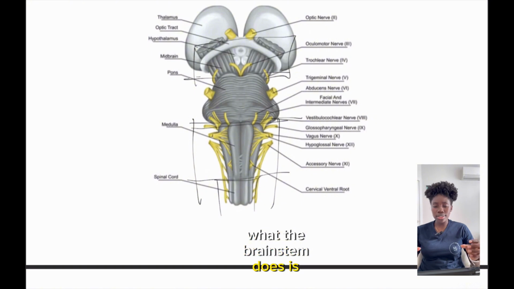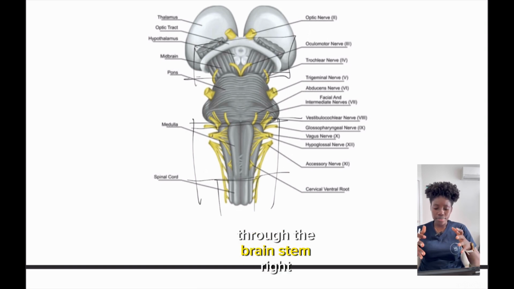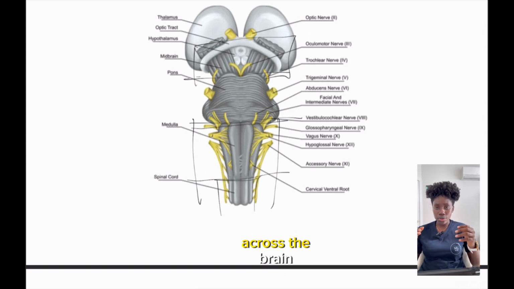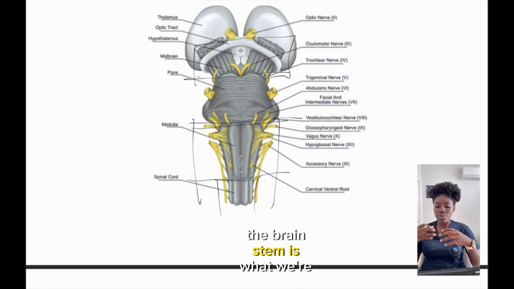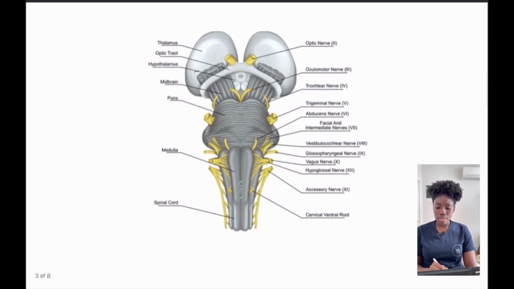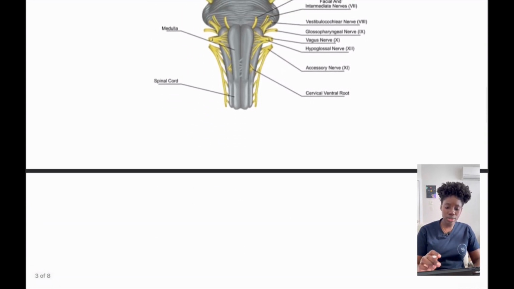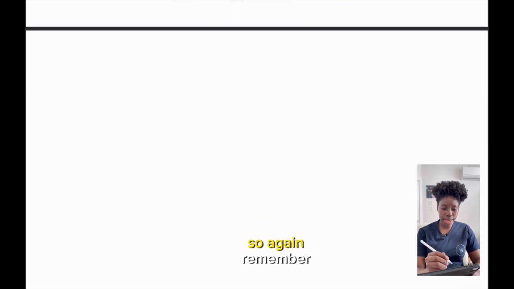What the brainstem does is technically it underlies the cortex, connects it to the cerebellum, and then to the spinal cord. So each tract that is passing, either descending or ascending, will pass through the brainstem, right? How it is distributed across the brainstem is what we're going to talk about now. So this is what the rule of fours is. So again, remember,